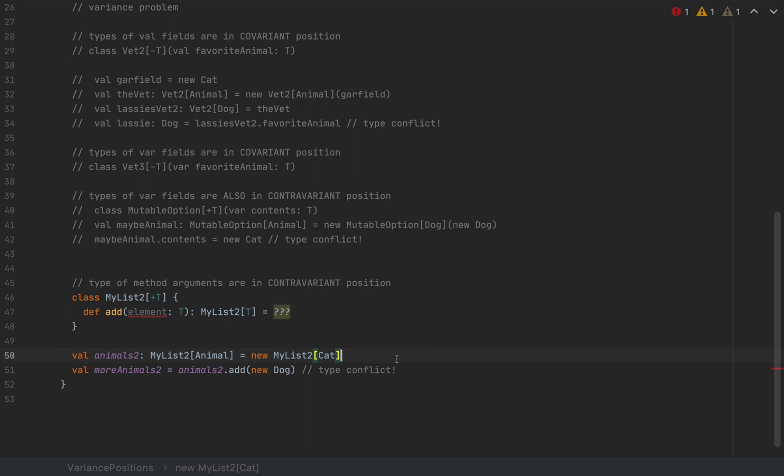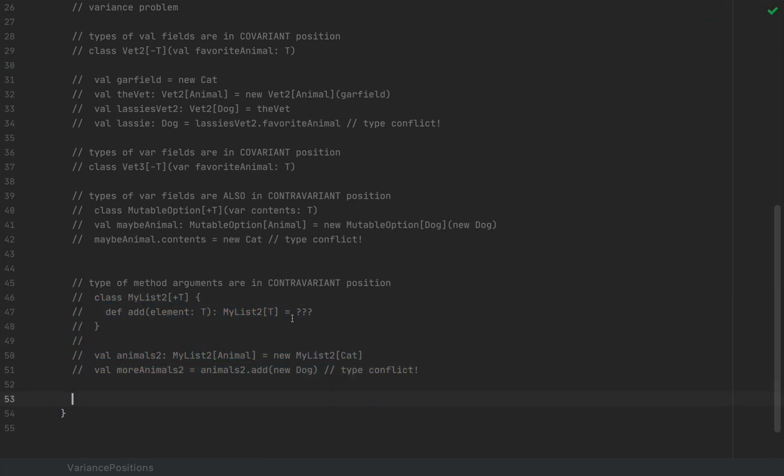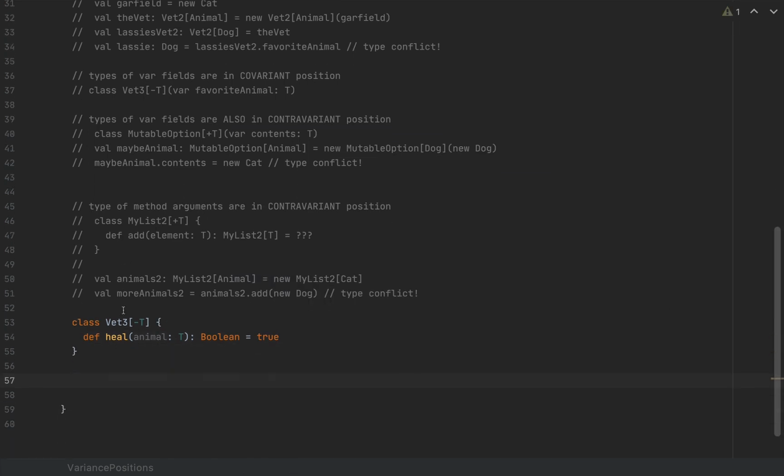So I'm going to comment all this code, and I'm going to demonstrate a use case with a contravariant type having a method like this. So if you had a class, let's call this Vet3[-T], with a method which takes a value of type T as an argument, for example, heal(animal: T), and this say returns a Boolean, and let's say the implementation returns true. The implementation is really not that important, then this is